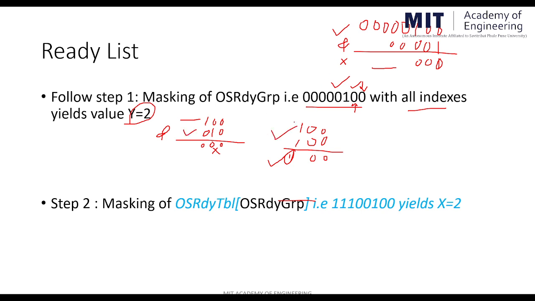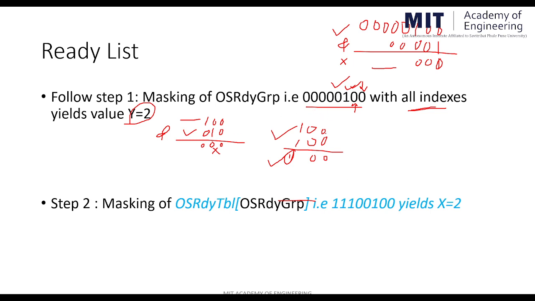Okay? As our brain, we are very intelligent. We can see that the value 1 is here, so obviously value 2 will come. Our brain can calculate it very intelligently, but the scheduler has to follow each and every step to extract the value of the y index. So it has to perform all masking with all the indices. The scheduler cannot understand by seeing this value only, like our brain.